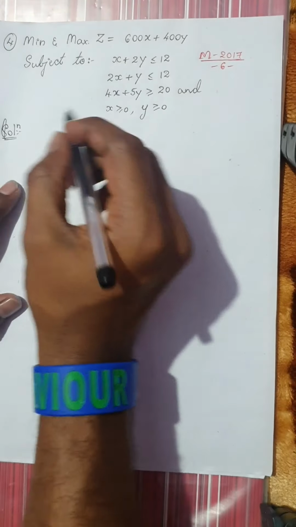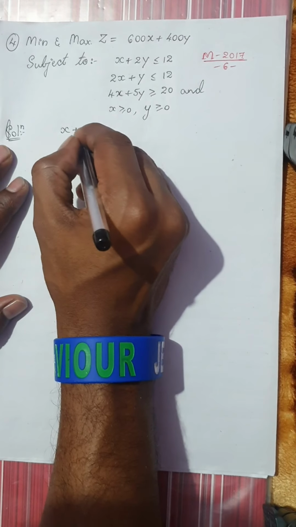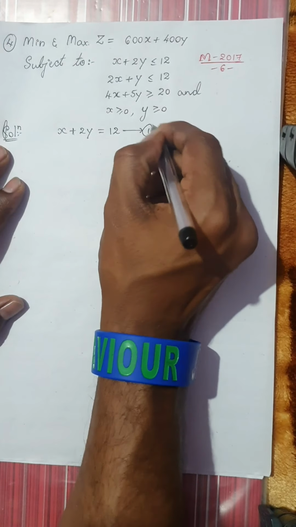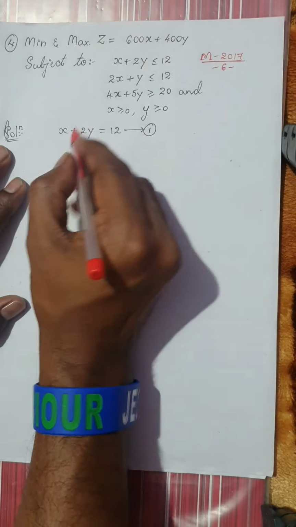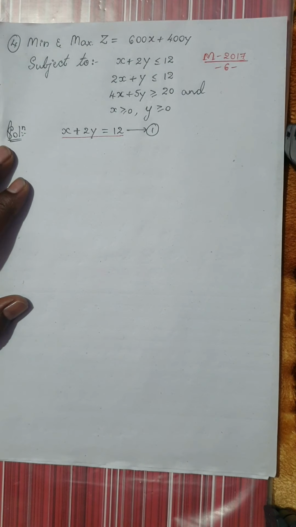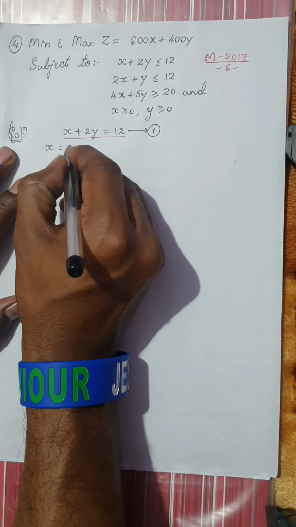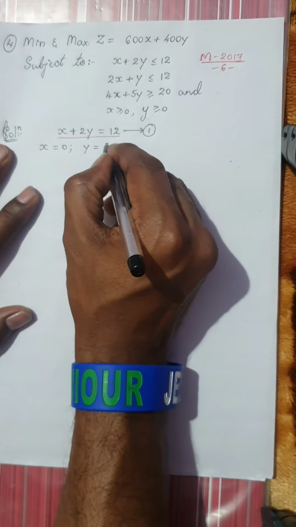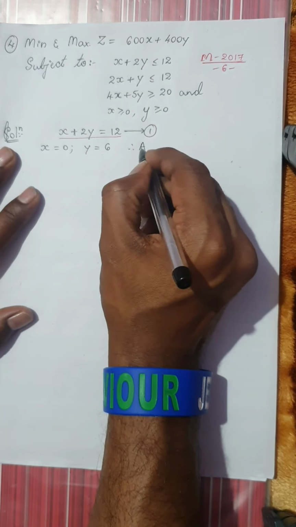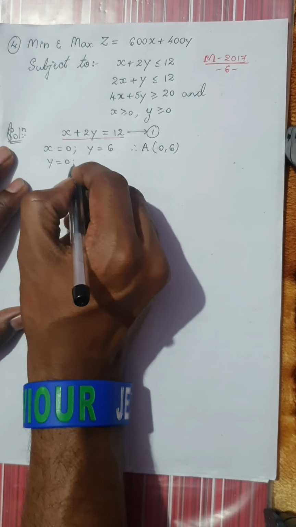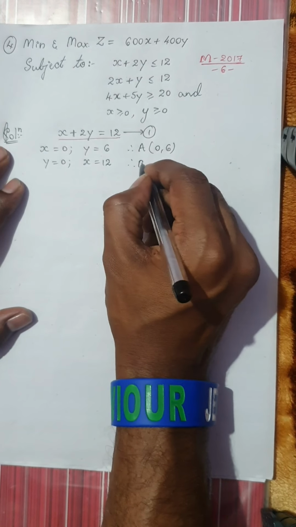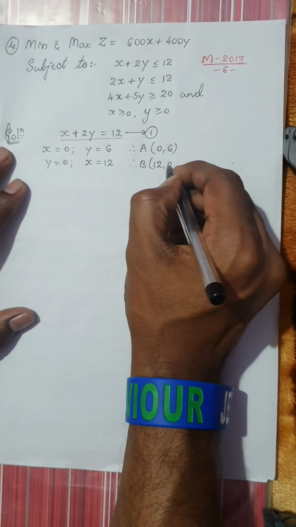So first equation is x plus 2y is equal to 12. This is my equation 1. Once the question is ready, let us find the points. If I put x is equal to 0, you will get 2y is equal to 12. Therefore you will get y is equal to 6. Now you know how to find out the values. I need not break my head much. Next case, put y is equal to 0, you will directly get x is equal to 12. Therefore the point is 12 comma 0.